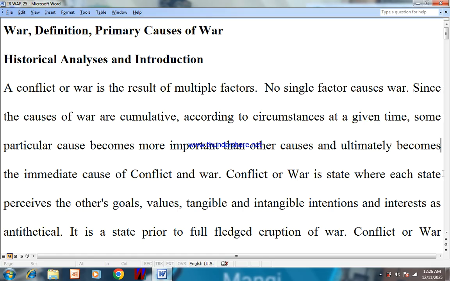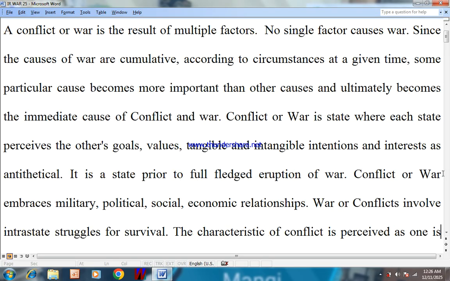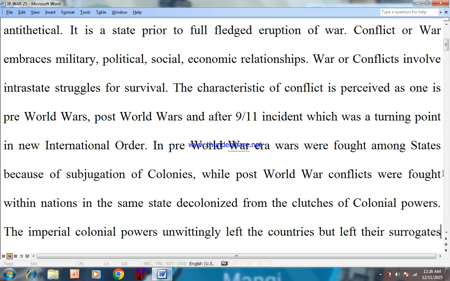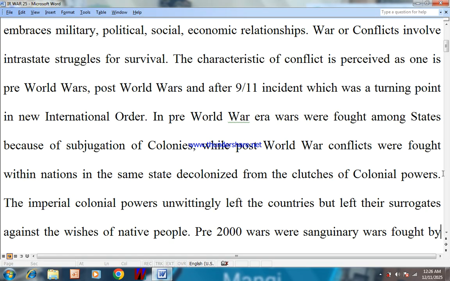Conflict or war embraces military, political, social, and economic relationships. War or conflicts involve interstate struggle for survival. The characteristic of conflict is perceived as one is